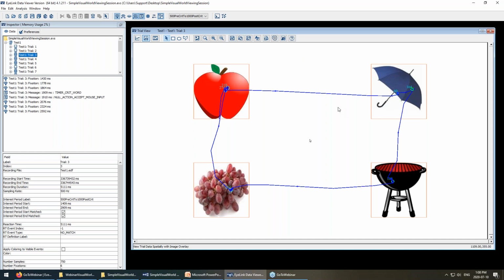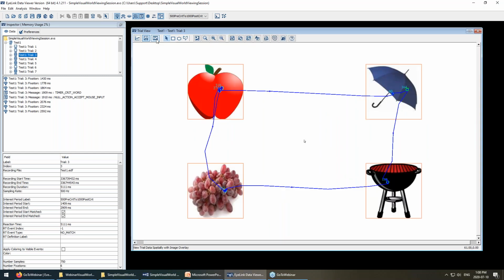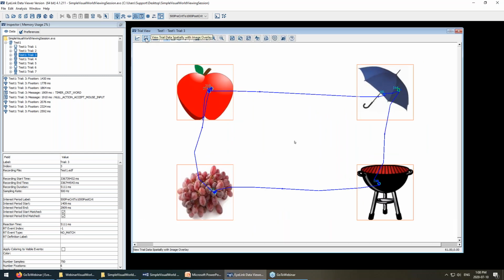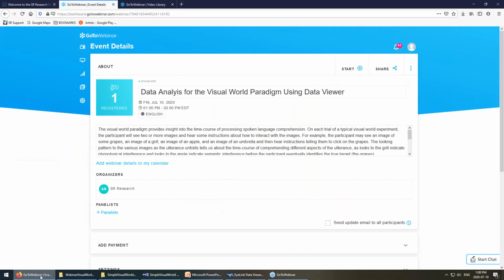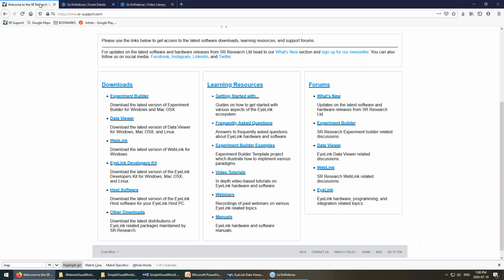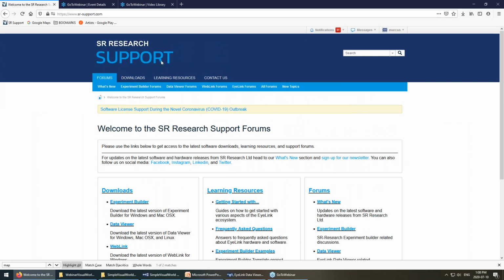And then on the right, you have the trial view window, and this gives you different visualization options. Okay, so that's kind of the basics of the interface here. There are a lot of other things we're going to talk about in a minute, but if you want to get a more detailed overview of how Data Viewer works, then you can log into our support forums here at